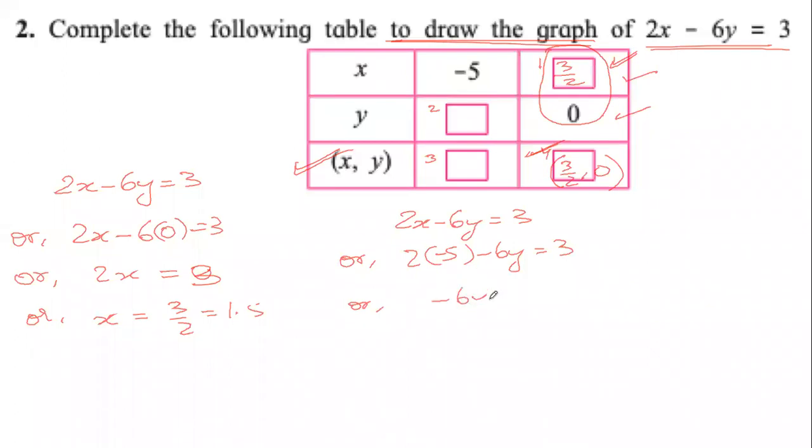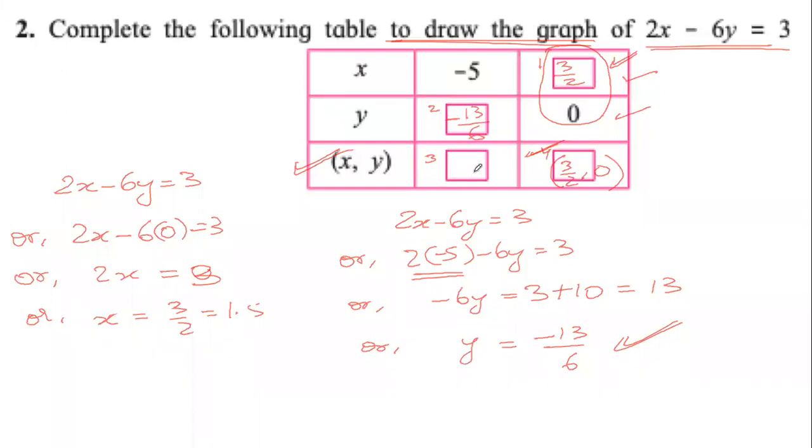So minus 6y, all the terms with the variables on one side, all the terms with no variables on the other side. Now see here, it is minus 10. When we take minus 10 from left to right, it will become plus 10. Now this is coming to 13, or y equals minus 13 by 6. Because y equals minus 13 by 6, here we can write minus 13 by 6. If your answer does not show this calculation, then you will not get marks.